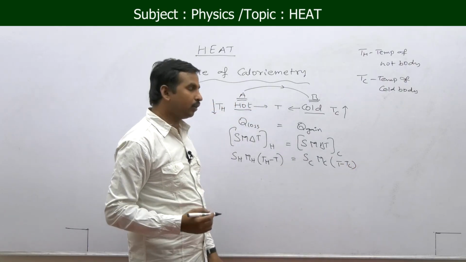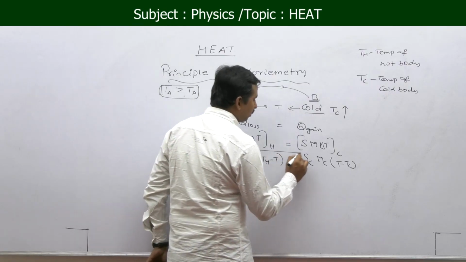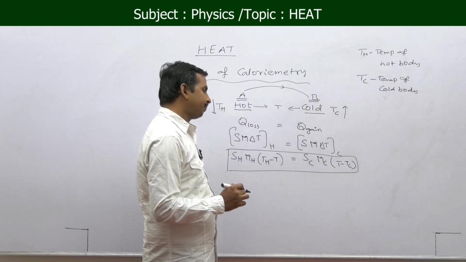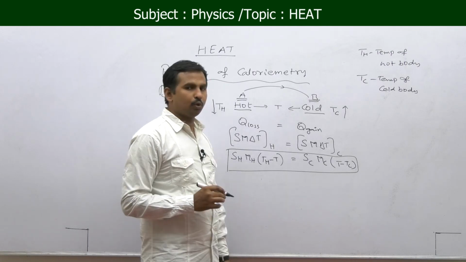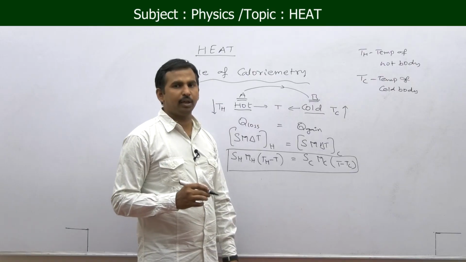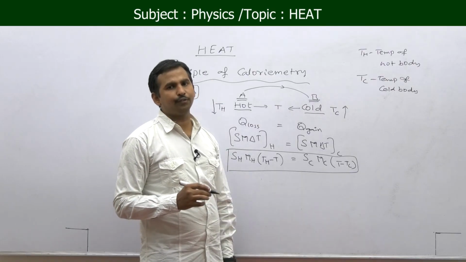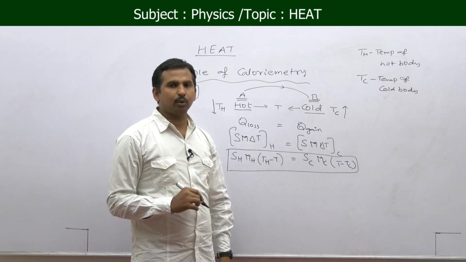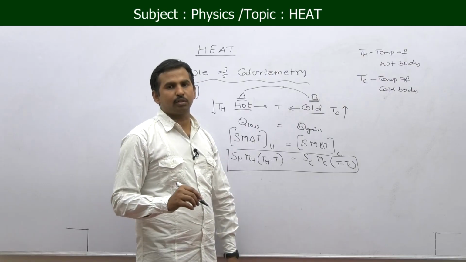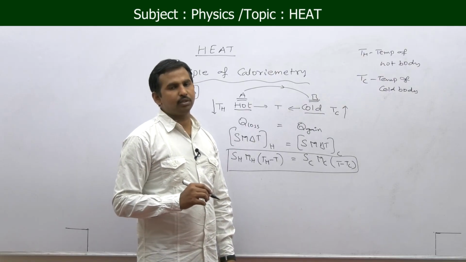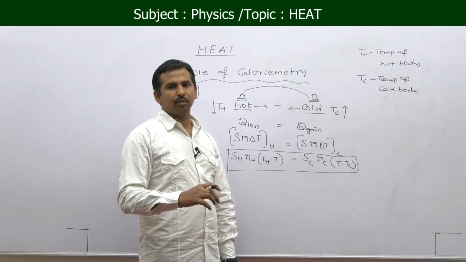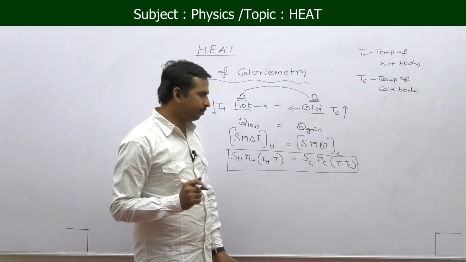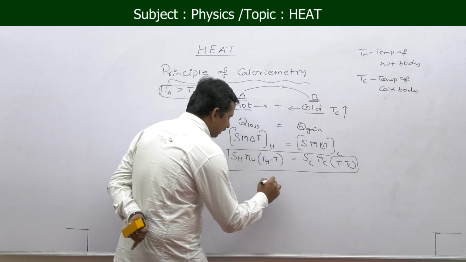Okay. So, this is the final formula we got: specific heat of hot body into its mass into change in temperature TH minus T is equal to specific heat of cold body and mass of cold body into T minus TC, which is the change of temperature. Okay. This is called the principle of calorimetry. Suppose both the bodies have the same specific heats, for example hot water mixed with cold water, where the specific heat of water remains the same in both cases. I am taking a special case,